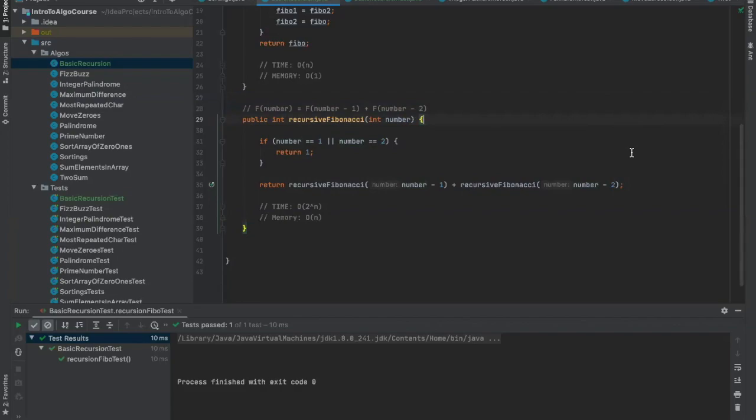We do not need to recalculate F from 3 two times. And if you have F from 100, you calculate the same problems hundreds of times. That's why this approach is not efficient at all, but it's really good to understand how recursion works. Let's do one more very similar one,